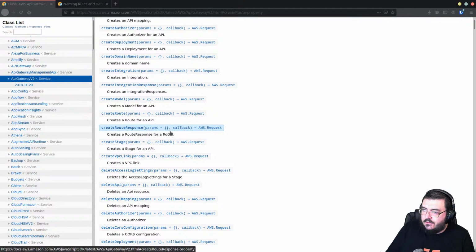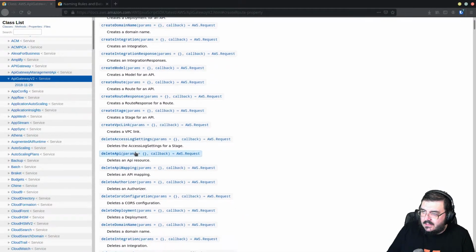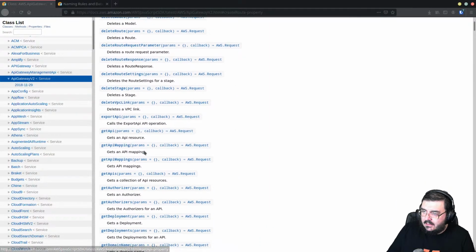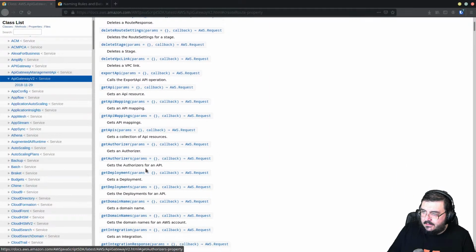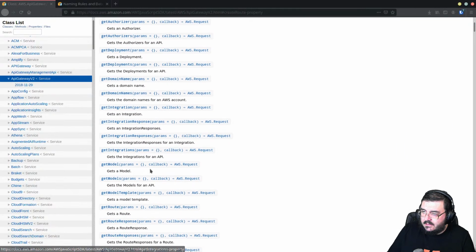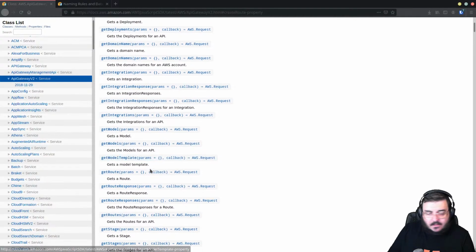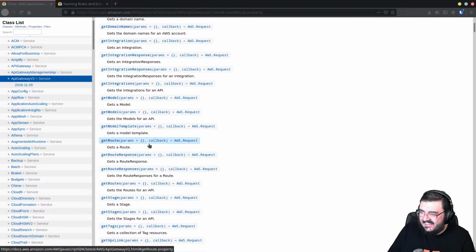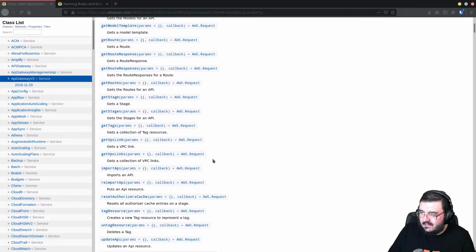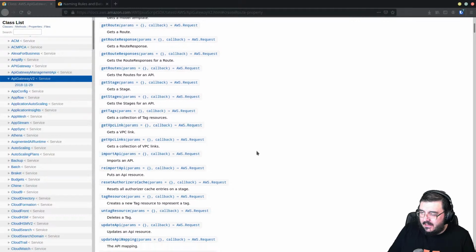Get root, response, stage, VPC link, and then we get into the D's for deletes. We don't want to delete anything. Get. I'm guessing roots is the one we want. Import API, that's an interesting one.